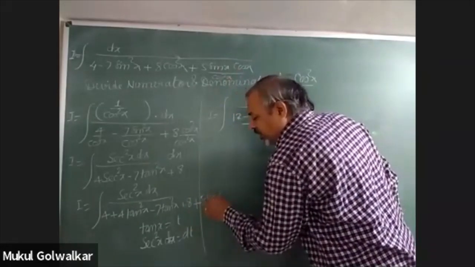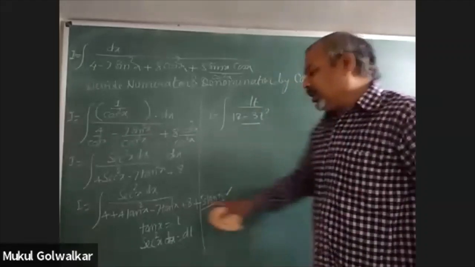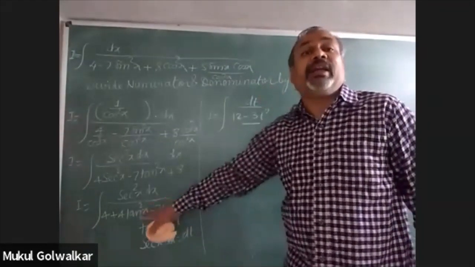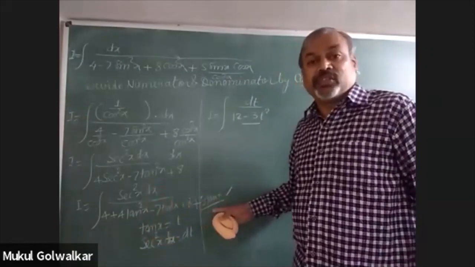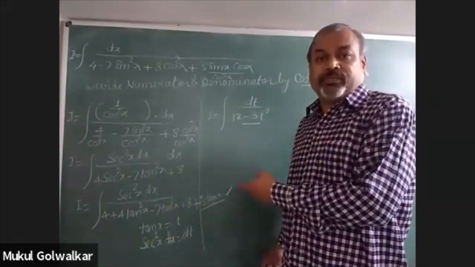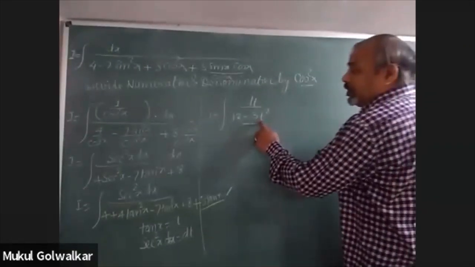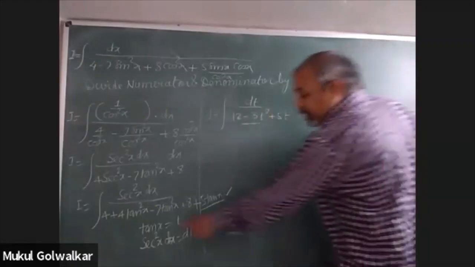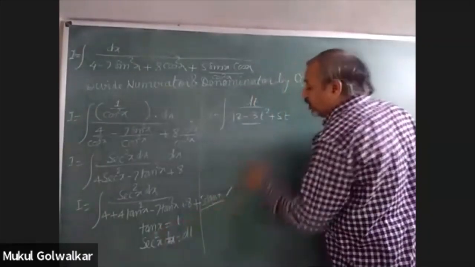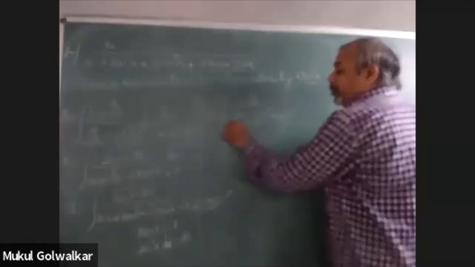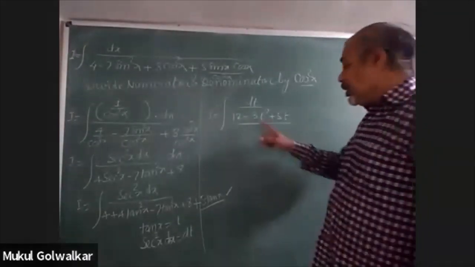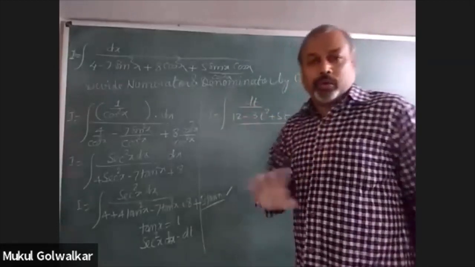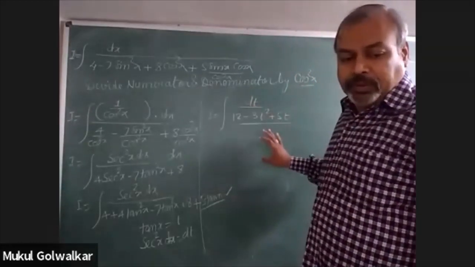And this 5 tan x is such a term that you can see now the denominator is converted into the form of a quadratic containing the tan function, a general quadratic in tan x. So here along with this, I should write the quantity like 5t, 5 into t, because tan x is equal to t will convert the denominator into the form of a general quantity. And again, how to solve the question based on dx upon a general quantity, you know. So you will be able to solve this question further.